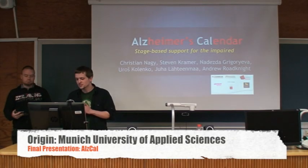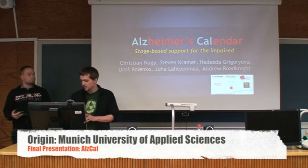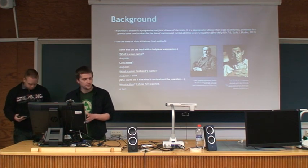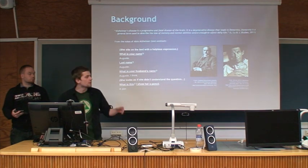Presentation. The product is titled AlzCal, shown right there, stage-based support for the impaired. Now I just wanted to give a little bit of background for it. I'm not specifically going to talk about what's up here, more the explanation of the images, but I wanted